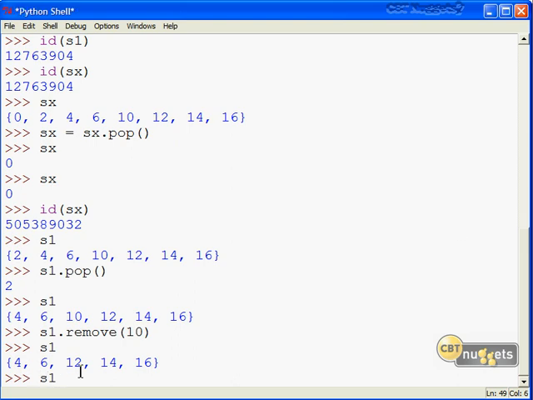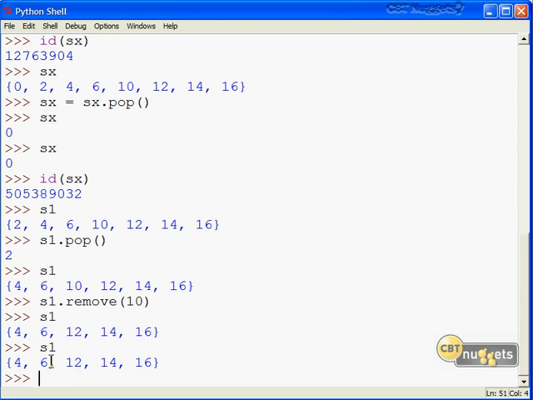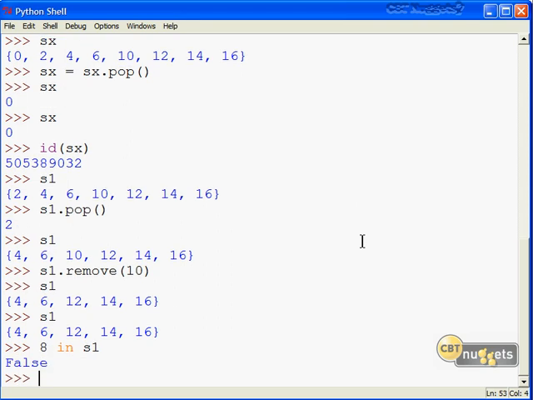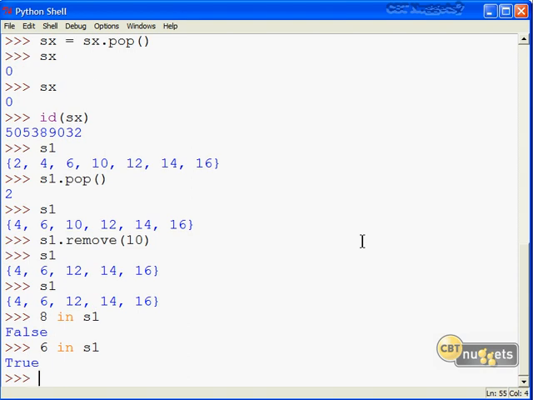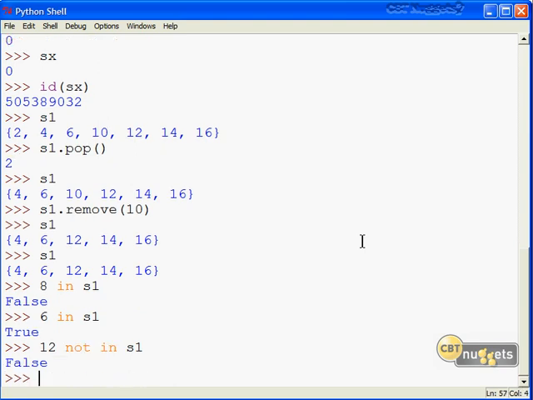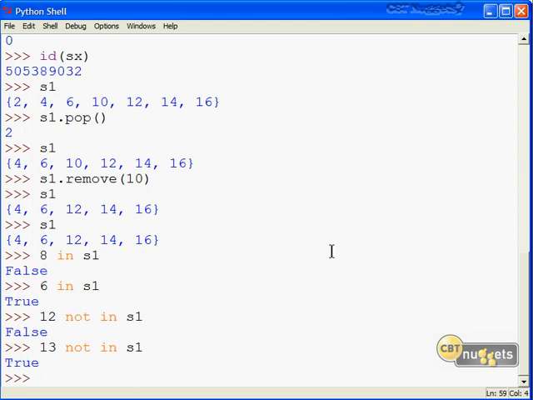Next, let's test for membership. I'll echo back S1 again. And although it's very obvious to us what the members of the S1 set are, I do want to show you the syntax just to make sure you know how it works in your code. So if we did an A in S1, the Boolean result is going to be false. Of course, if we choose 6 in S1, then that comes back to true. Remember that in also works in reverse. We could say 12 not in S1. Of course, that's false. But if we did 13 not in S1, that comes back true. That works especially nice in your Python programs when you're doing conditional logic, for instance, with an if, elif, else